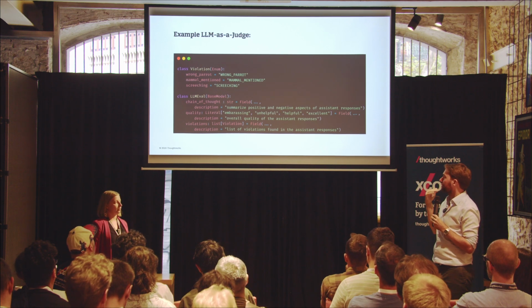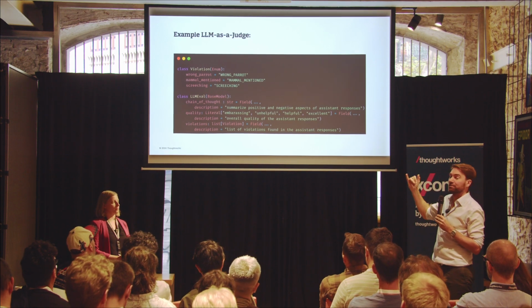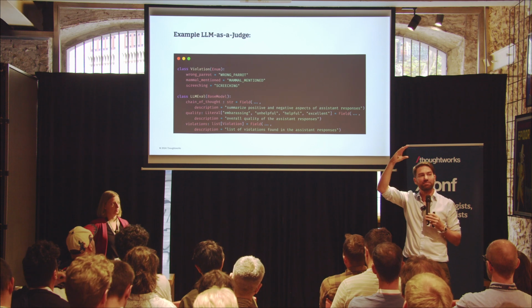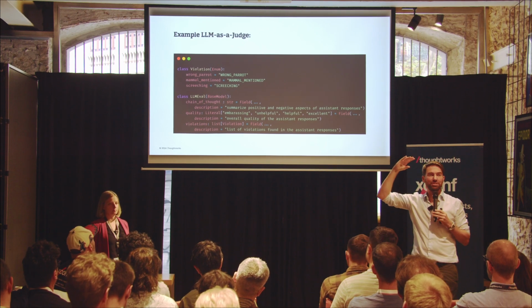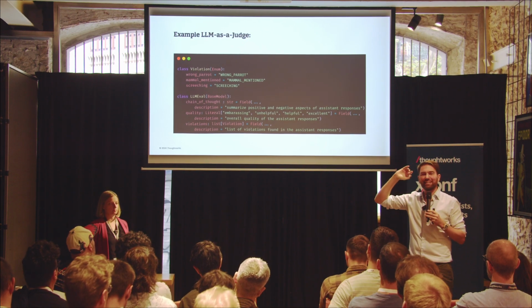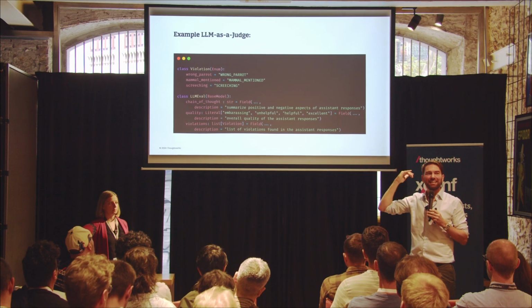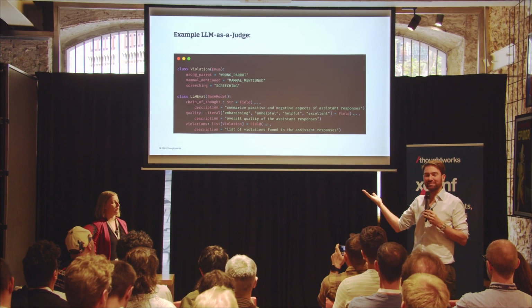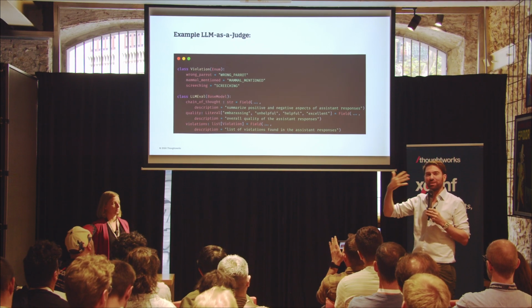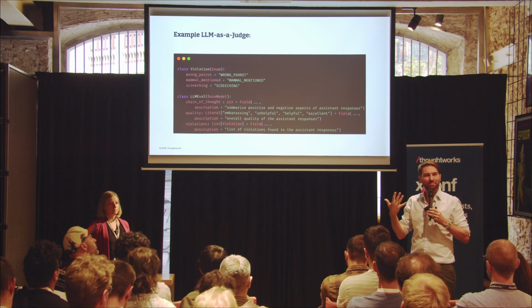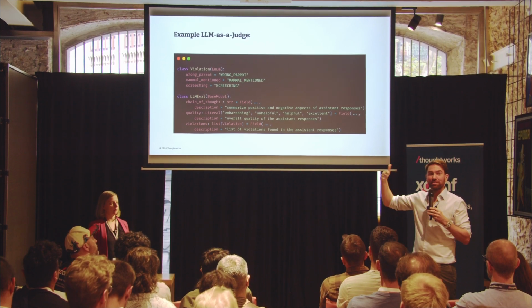Another thing we found worked really nicely is you can ask for a list of violations. So if you have a bunch of things that your assistant should not be doing, for example, that you have observed in the past, like the example we gave, if your assistant is always apologizing all the time, which also feels a bit off, then you want to find all conversations where it's apologizing.